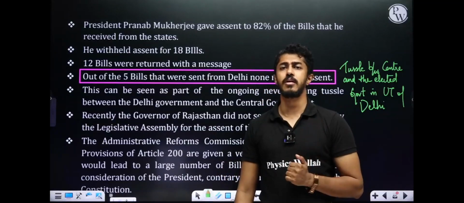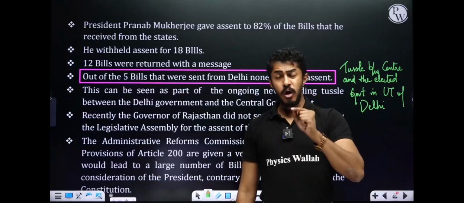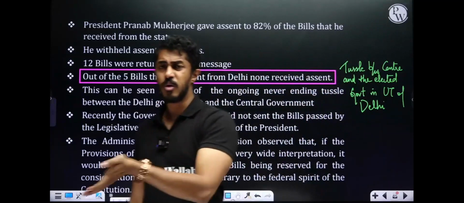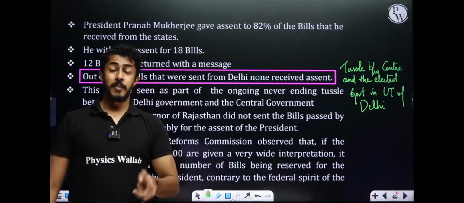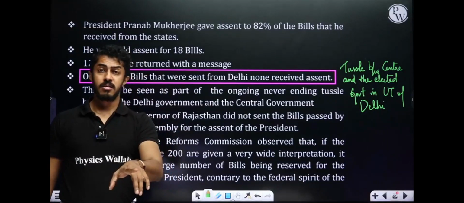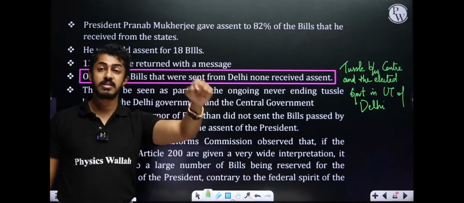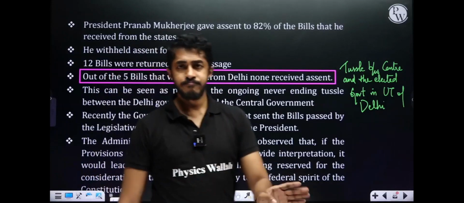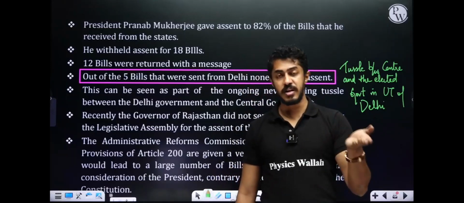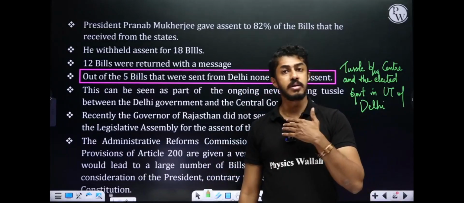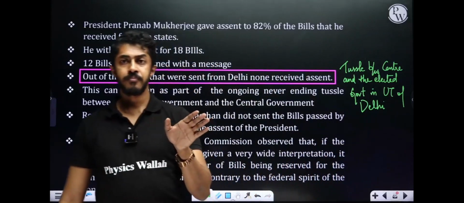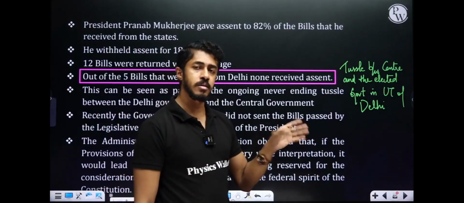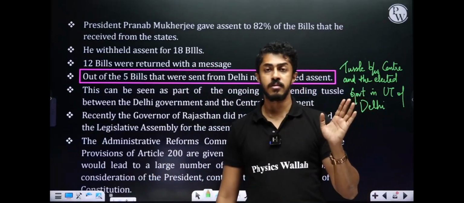Agreed, we are a quasi-federal unit. But still, if for all the bills the assent is given by the president, you're taking away states' powers. Because the president need not go by the advice given by the chief minister and the council of ministers. The president can take his or her decision. That is, when it comes to state bills, the president has absolute powers. Even with those bills that have come back after reconsideration, the president has more powers.